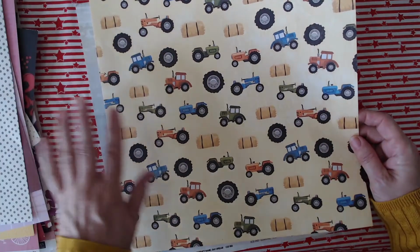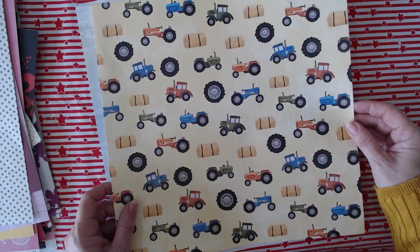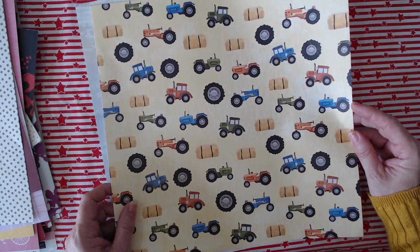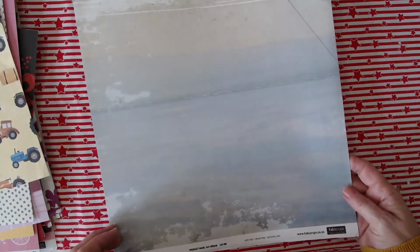What I may do is go through all these, and the ones that I know I'm not going to use, for example, tractors, I may sell them on because I don't want to hoard them. I'm running low on space as it is. And if I just hoard papers I know I'm never going to use, I'll regret it as I'm climbing over the piles. And finally, we've got Fab Scraps,